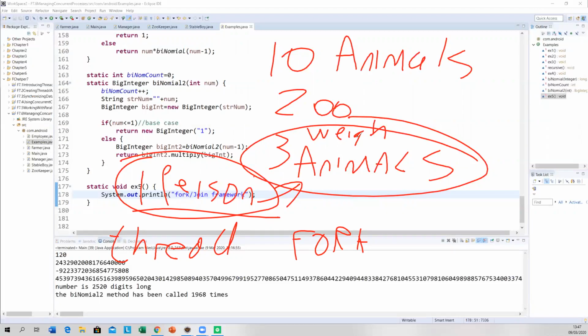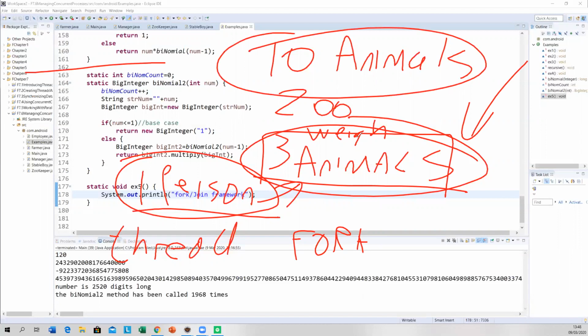So we see that one thread is weighing 3 animals. At that stage, we're going to do a fork and get another thread to weigh 3 animals. Now, it could also be 3 tasks. You have one person carrying out 3 tasks. He can't carry out any more than 3 tasks at one time. So you have a fork and another person takes care of another 3 tasks. So the base case is weighing 3 animals. So we start off with 10, and we work down to 3 animals.